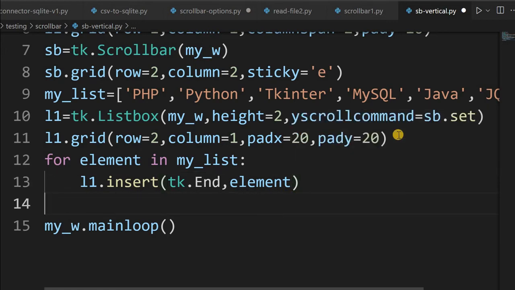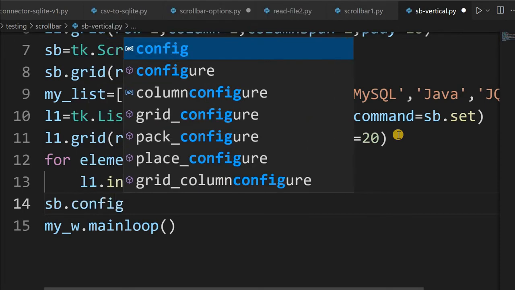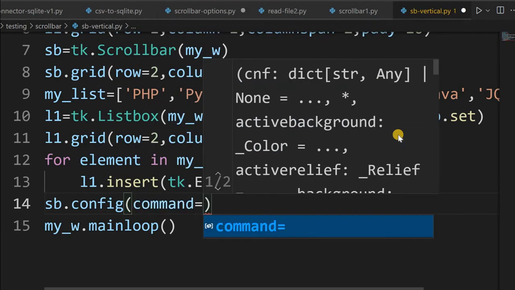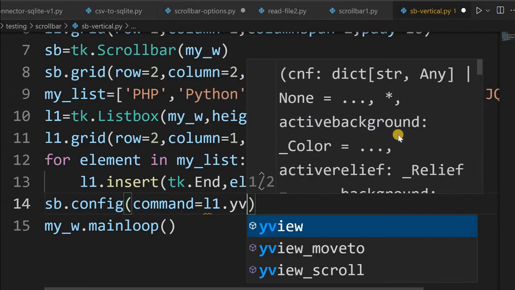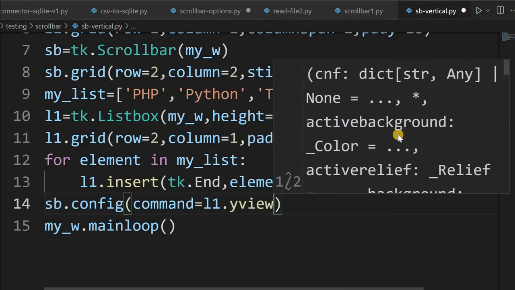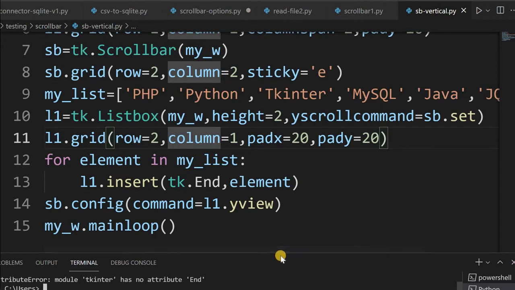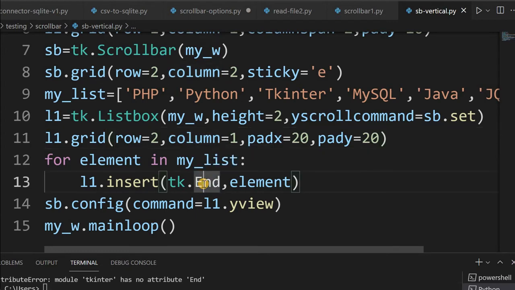Now let's say sb.config. Now we are telling it to take the value from here. Command equal to l1.yview. Fine. So save it. Now, no attribute end. Sorry, here I had to change a bit. I cannot write it like that, it should be END. Saving it, running it.